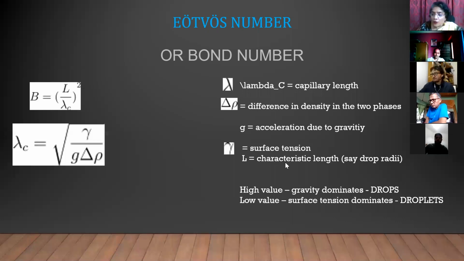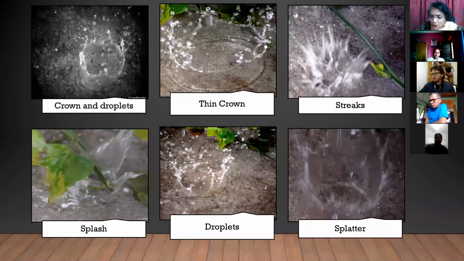Now, when you take a drop, what happens? These are photographs that I had taken on one rainy day, maybe in 5-10 minutes, just the drops that were falling on the floor. You can see that when a large drop hits a substrate, a surface, it will actually not just become flat. It goes through a series of movements. It can either form streaks, or it can form a thin crown. It can form a thick crown. It can splash, but in all these cases,